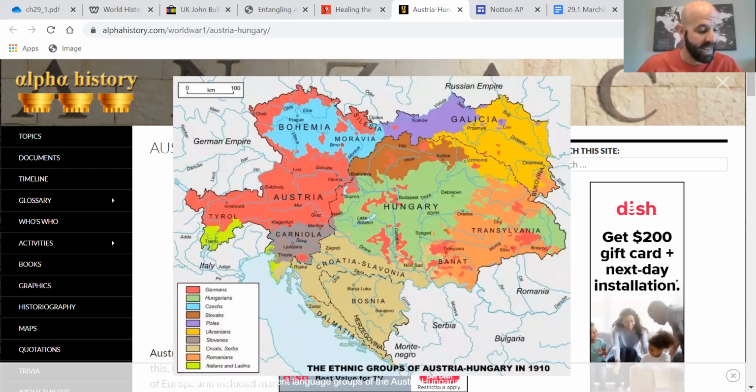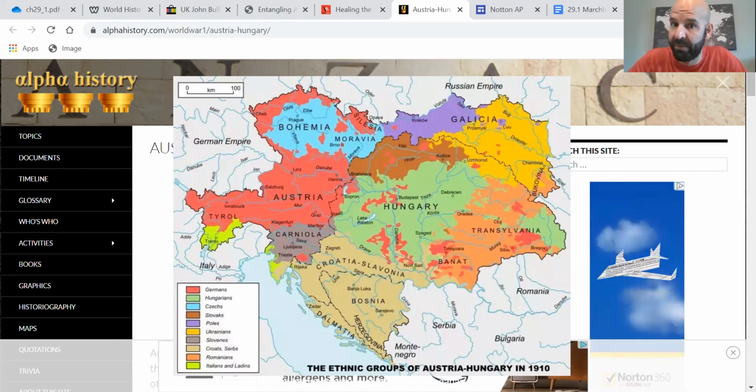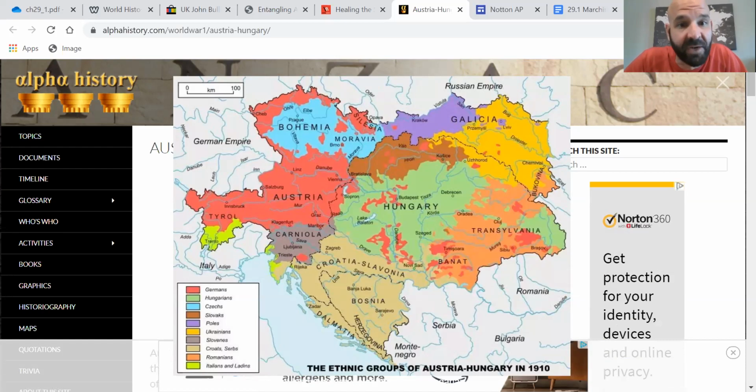Okay. This leads us to the immediate outbreak of the war and the last thing that we're going to talk about today, and that is the assassination of Franz Ferdinand. So Franz Ferdinand is the heir to the Austro-Hungarian throne, and the current emperor is basically on his deathbed. So he is very soon going to take over. He goes to the city of Sarajevo.